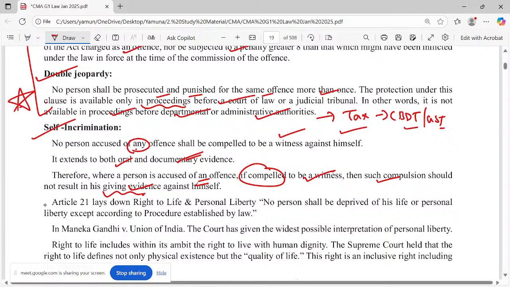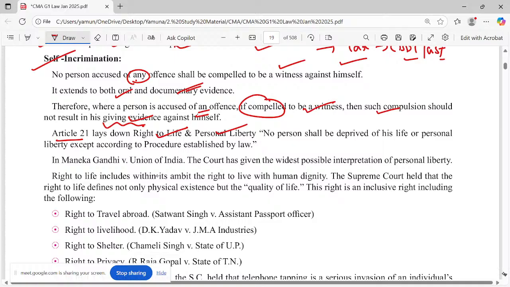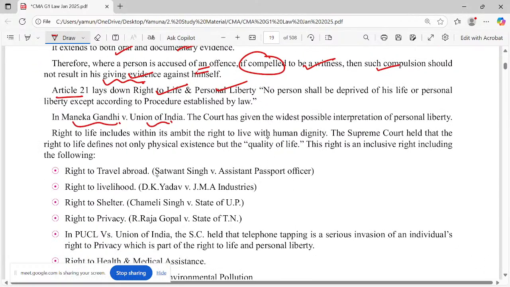Okay. So Article 21 lays down the right to life and personal liberty. Yes, I have the right to live, and nobody can do anything about it. That is why they book crimes, murder is booked as a crime. So you can just have a look at the Menaka Gandhi case. And when you talk about quality of life, probably you'll include all this, right?